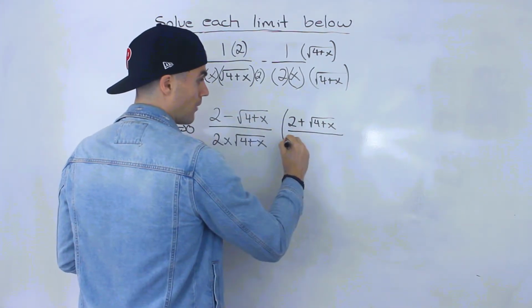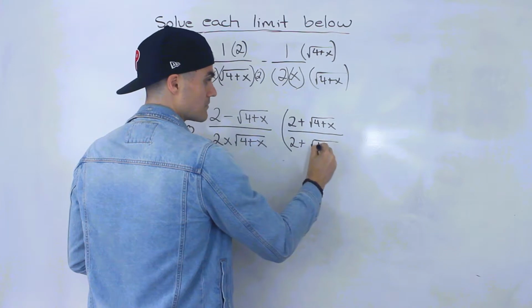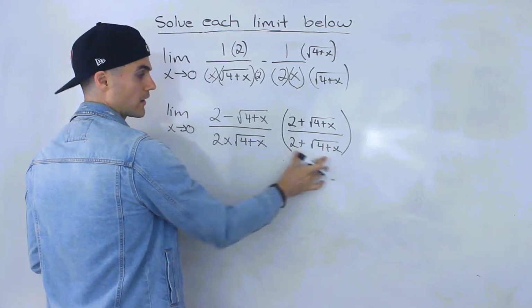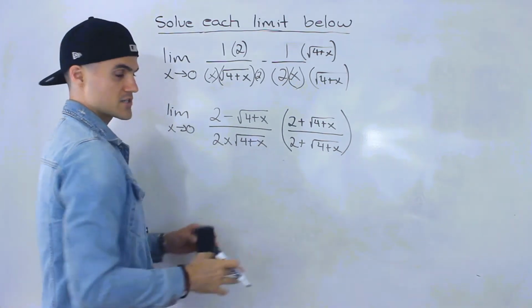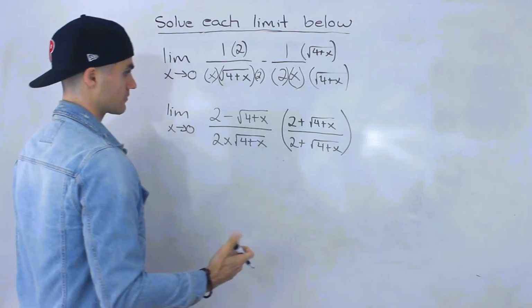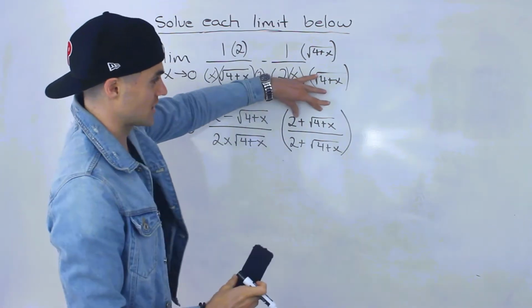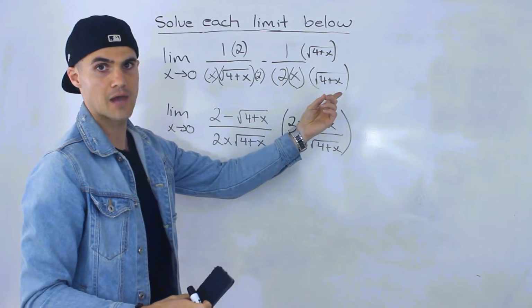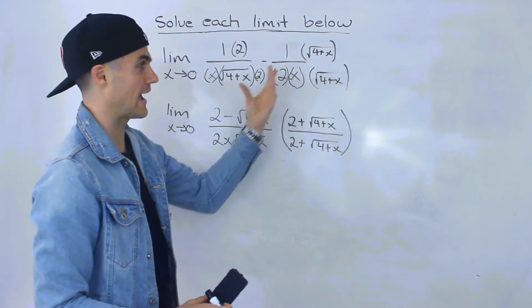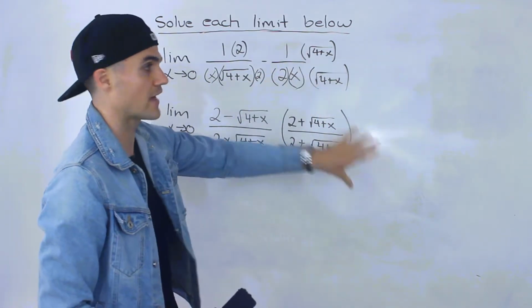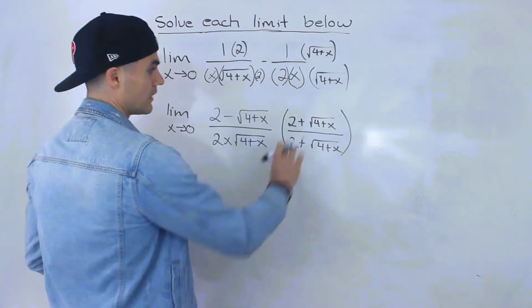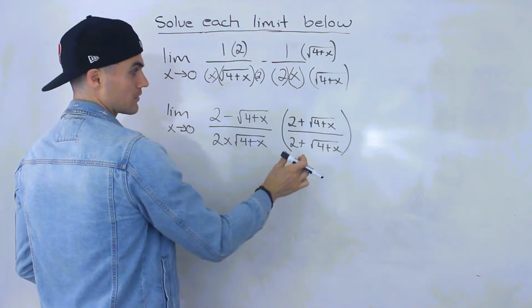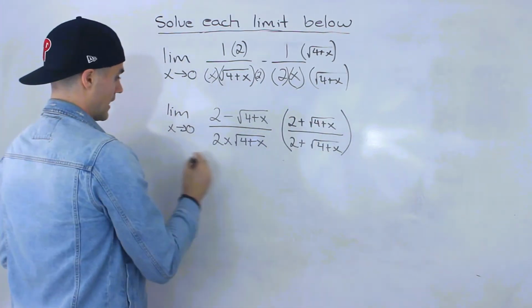But we have to multiply the bottom by that same conjugate. So it's like we're taking this expression and multiplying it by 1, keeping that expression the same, just adding more to it. And now notice that this conjugate is way smoother to work with than the conjugate we had before, where the other conjugate had fractions within it, and then we had to have that same conjugate in the denominator. Here, we don't have fractions in the numerator or fractions in the denominator. They're just normal expressions. And